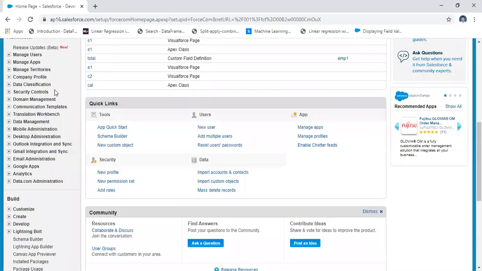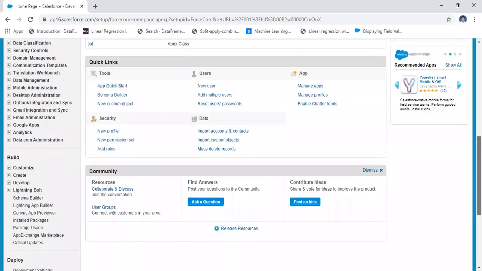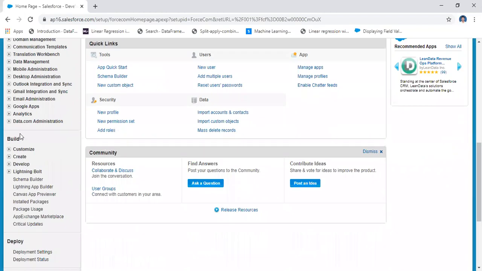On the left side the navigator consists of develop, create, customize, build. Come to build. The administrator is for admin related work, and build is for development related work. Go to build; within build you have create.